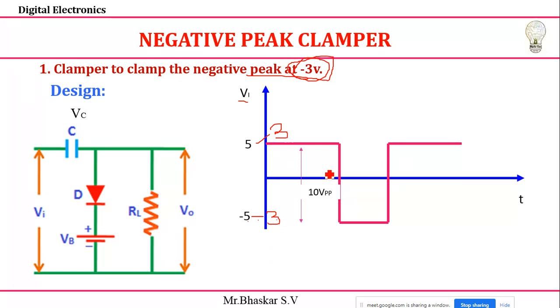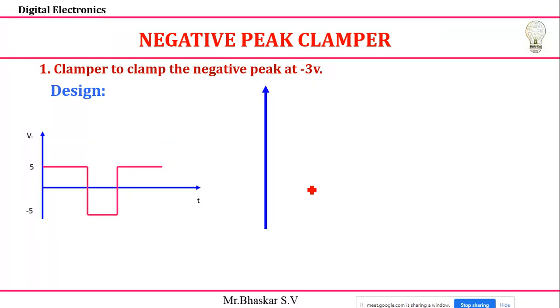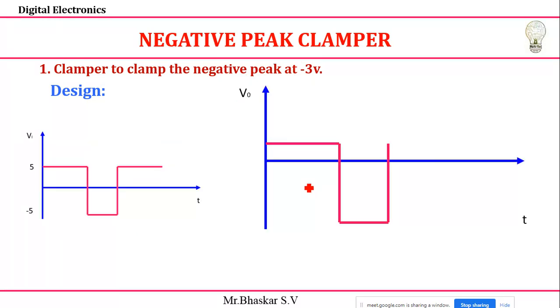So I want to get that type of waveform. Just see, I'm going to write the values here. Now you can observe that the waveform is shifting downwards. The voltages here: 5 minus 3, I'll get 2 volts, and here minus 5 and minus 3, so totally I'll get minus 8 volts. So this is the output waveform. This is the intention. I want to get this output waveform from this input waveform.